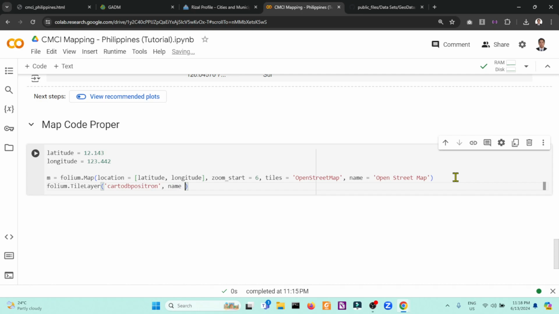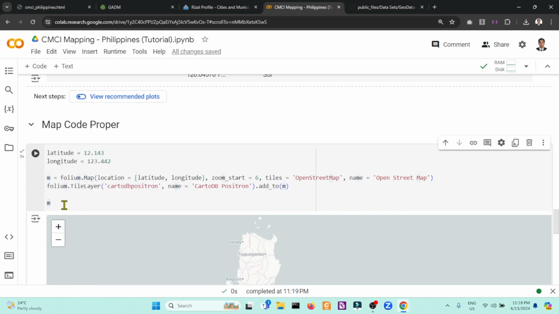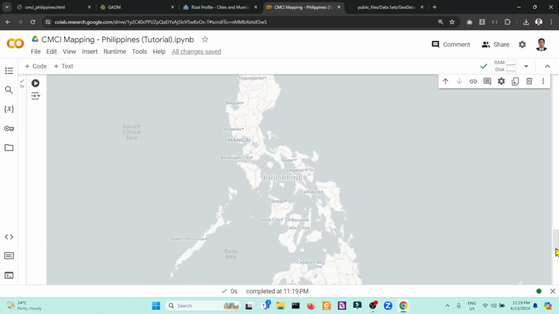We will name this one also as CartoDB positron just for legend purposes, and add the add_to property to add it to the existing map variable which we defined as m. So if you want to see the map, you just define an m. It means the m will show the map.